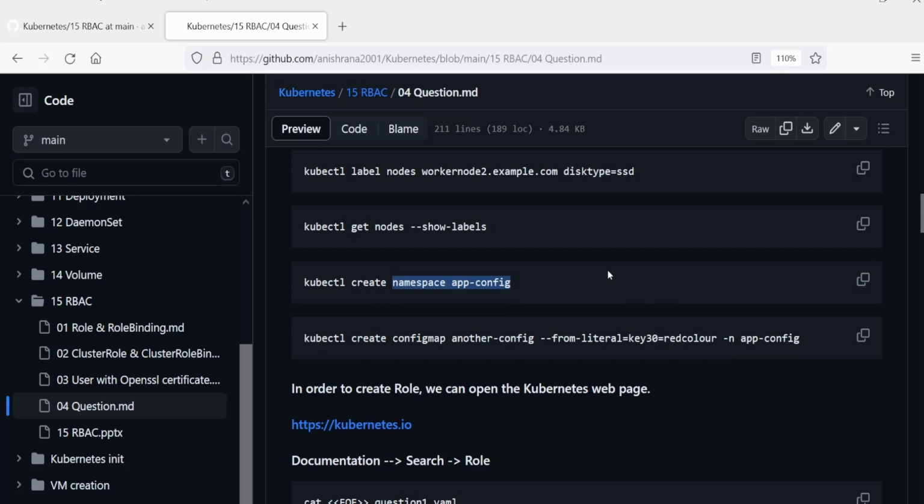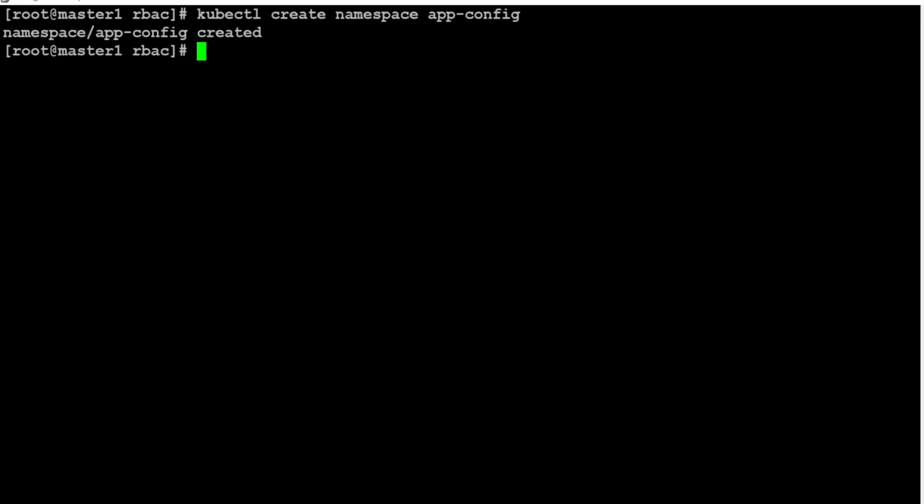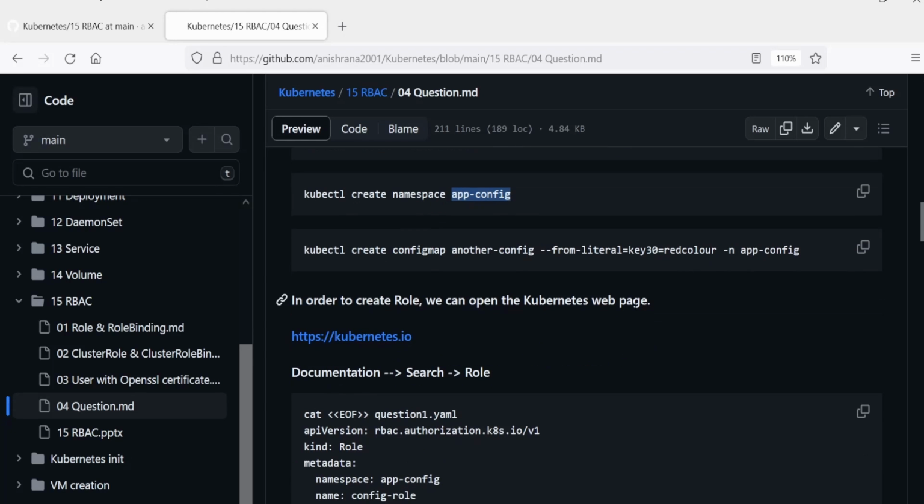The second requirement is I need to create a config map inside namespace app-config. So I need to create this namespace first. This is the command. And now I'm going to create the config map. The name of this config map is another-config, that is mentioned in the question. --from-literal key30=red color -n app-config.